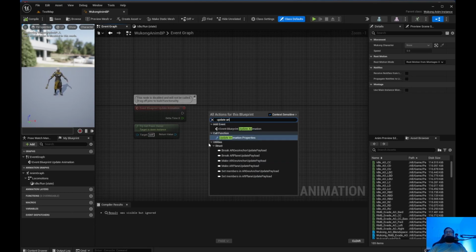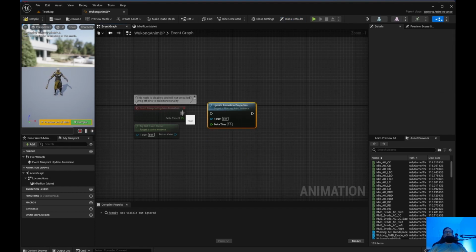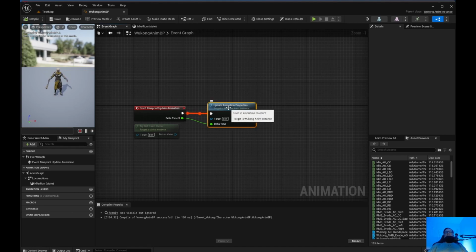Okay, so as you can see here, call function update animation properties. And we just want to plug that in, and delta time X, plug it into delta time. Go ahead and compile and save. So update animation properties is the function we created, and we had put the U function in there to make it blueprint callable. So now that we have that,